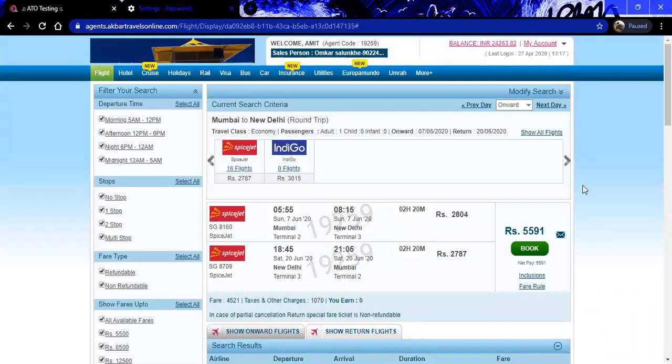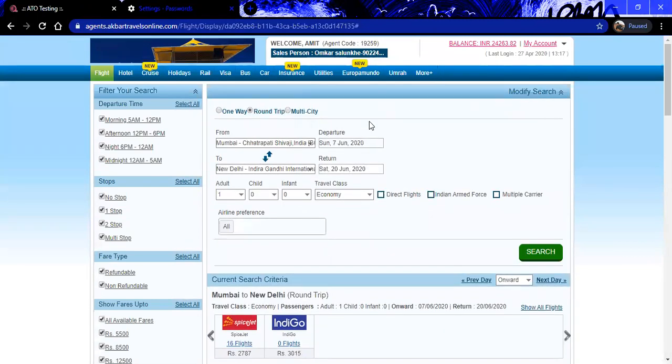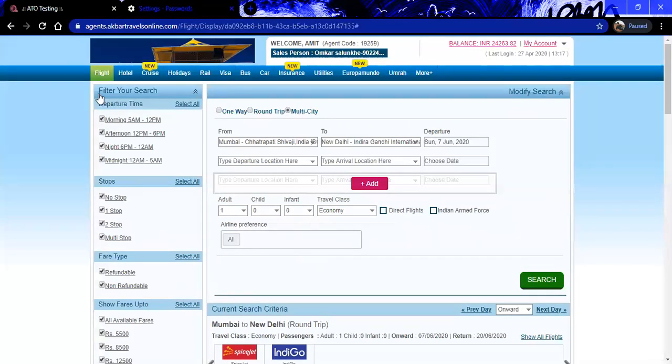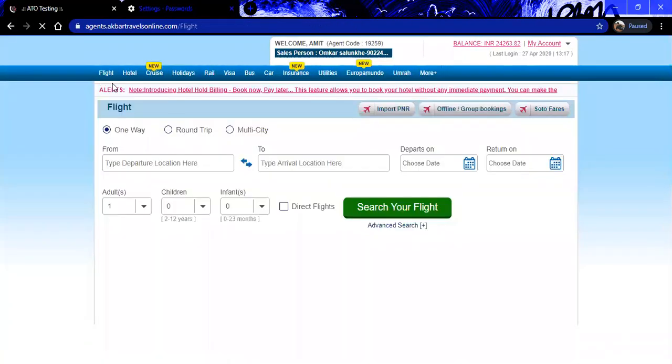Okay, this is how the round trip works. Round trip is having two options. I showed normal fare and a return special fare. Okay, agent can take a benefit of both the things and accordingly he can search. Moving on to the next part, that is multi-city. Okay, I will show it from here, the first page.